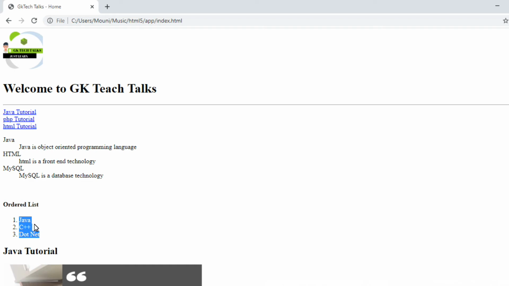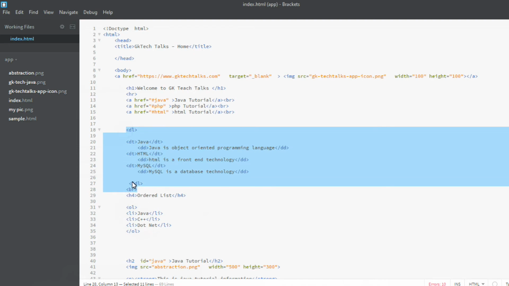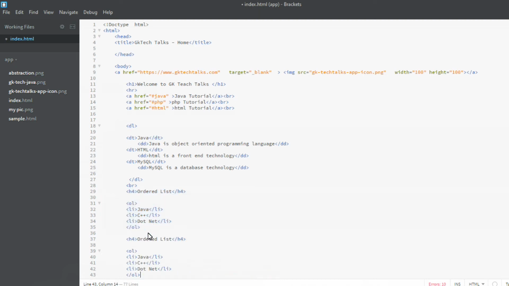An unordered list won't get any numbering, that's why we call it unordered. If you want numbering, you have to use the ordered list. If you want to define something like a definition, you need to use the definition list. Now we'll see how to do the unordered list. These are all very simple tags. You can try them out once and use them.